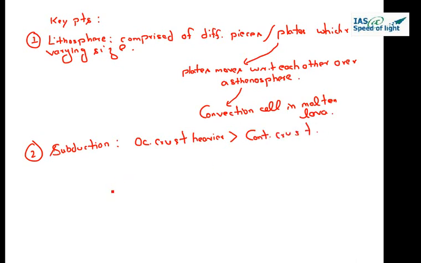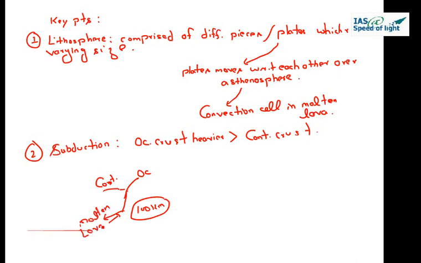So once these two come in contact with each other, the oceanic crust will start going down below the continental crust, and with further movement, suppose if it goes below 100 kilometers, it will get the temperature again, it will get melted and convert into molten lava,